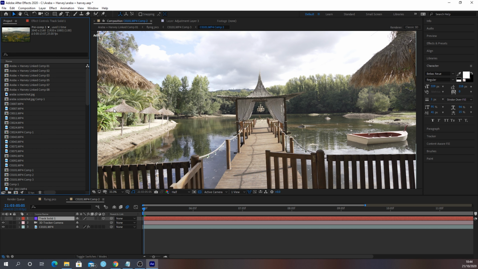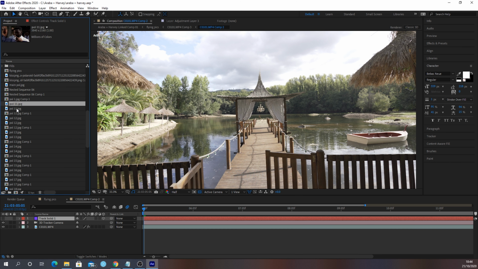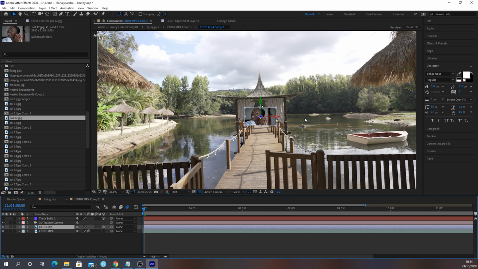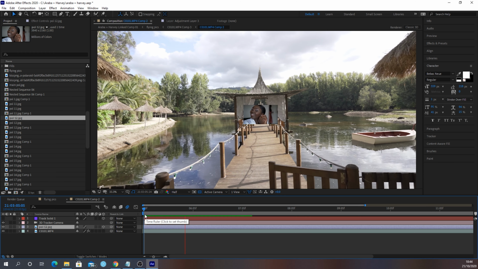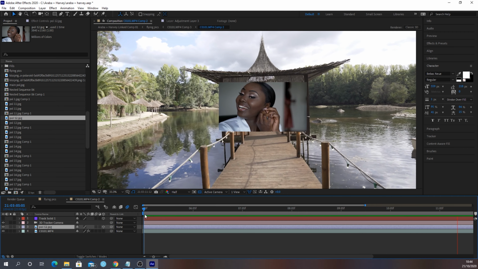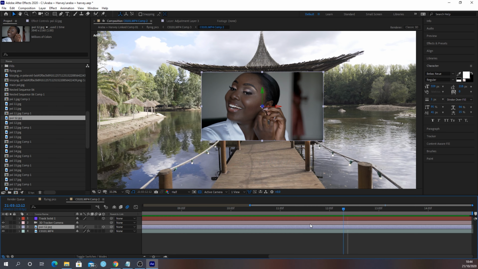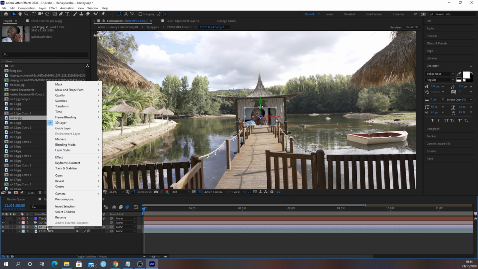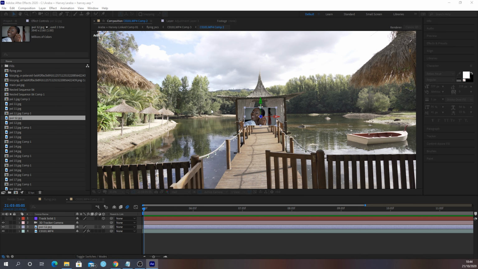What we want to do next is bring in your Polaroids. I've got basically screenshots from the wedding video, so I can bring this one in. What we want to do is turn that into a 3D layer, and automatically that will have it tracked into the scene. It's as simple as that really. Next, if you want to make it look like a Polaroid, what I did is right click and pre-compose,